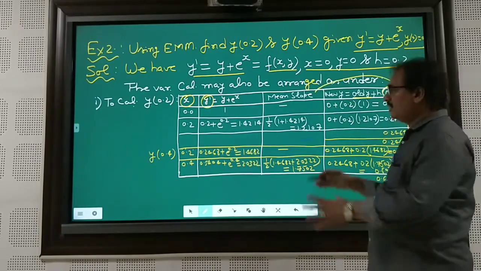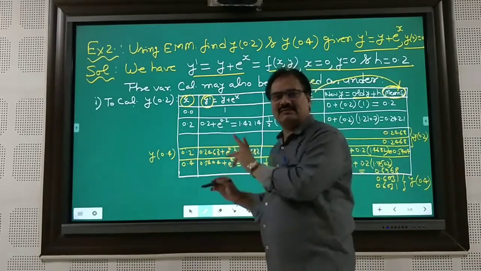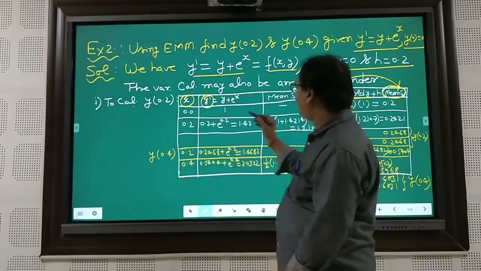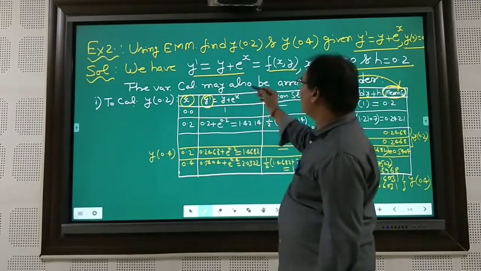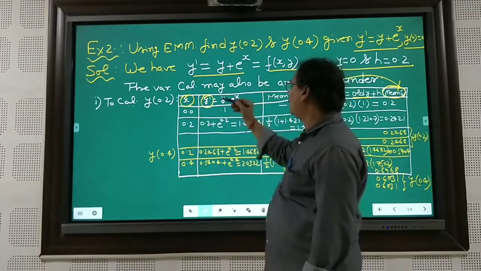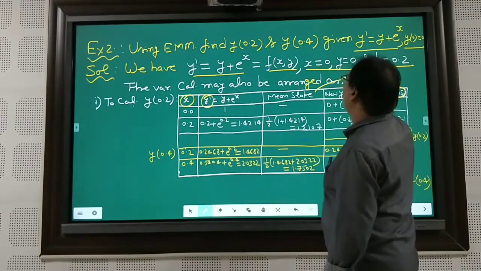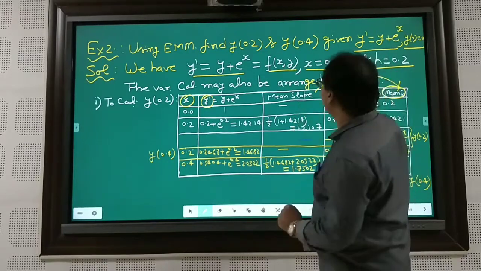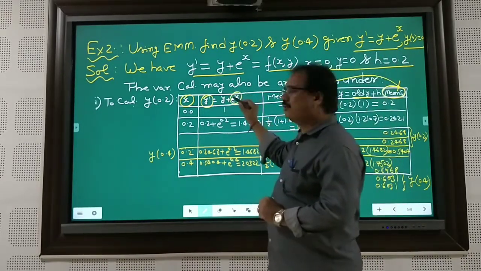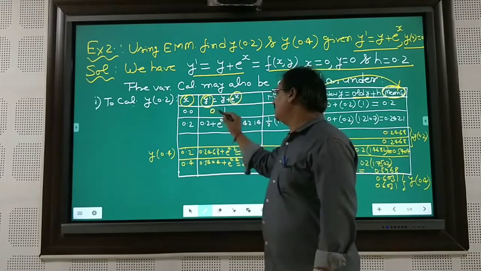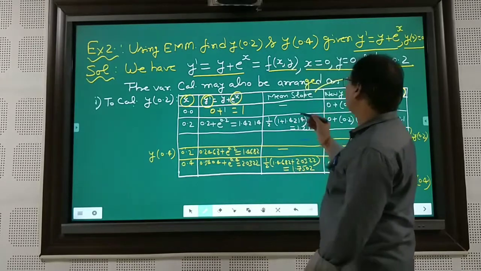Okay, so now you can tabulate all the values. For example, only 1-2 steps I have taken here. So 0.0 you will start from here, and the value you look here, you will put the value. So you have x is equal to 0, y is equal to 0, but here the function is y plus e power x. The e power 0 is 1. So this is 0 plus 1 is equal to 1. So this is the meaning of how to calculate the mean slope.